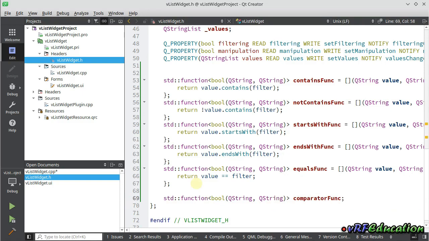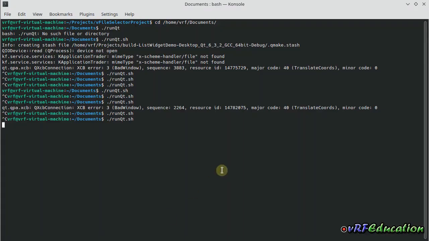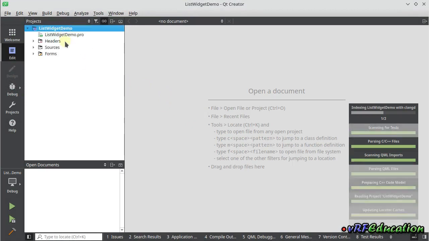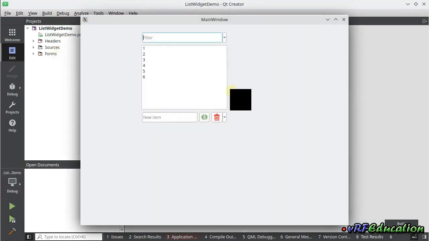And let's do one other thing. So if I open the environment and I run the application, you can see there are some items here. And if I select this one and I open it, you can see both of them are now checked. So I need to uncheck one item when I checked another one. So for this purpose,